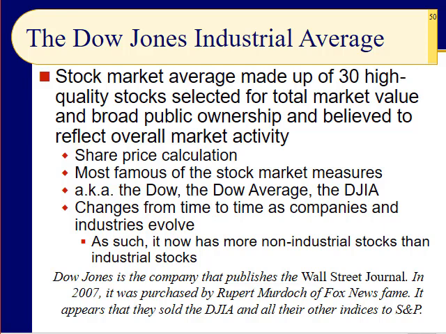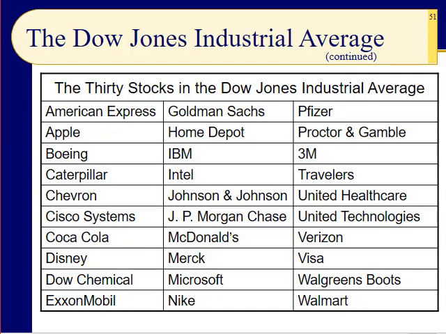I don't know. But as we said, Dow Jones is the company that publishes the Wall Street Journal, and in 2007 it was purchased by Rupert Murdoch of Fox News. It looks as though Dow Jones no longer has anything to do with their market averages or indices. It looks as though they have been taken over by Standard & Poor's, but you can't get a straight answer. Go to the website. It'll say Standard & Poor's, Dow Jones, but it looks like Standard & Poor's is calling the shots. And we'll take a look at the Standard & Poor's 500 in a few minutes. But first, let's take a look at the 30 stocks in the Dow Jones Industrial Average on slide 51.